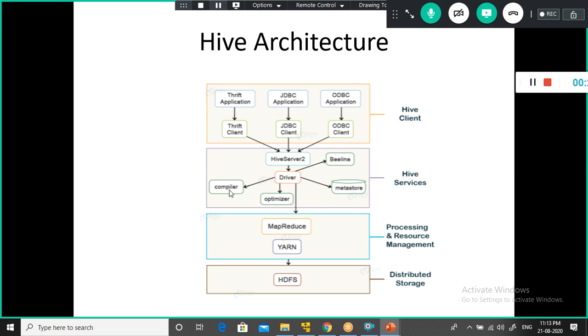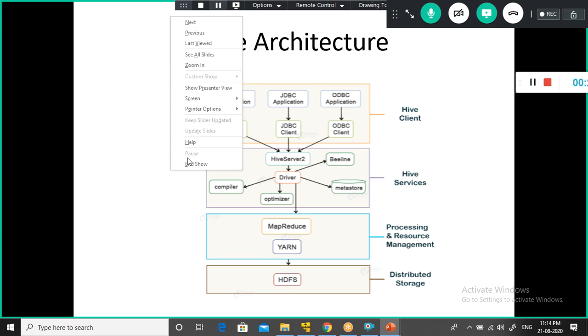Upon receiving the metadata information, the compiler uses this metadata for performing the semantic check and syntactic check, and then it generates the execution plan. The execution plan gets generated as something like a DAG, a directed acyclic graph. You have something called directed,